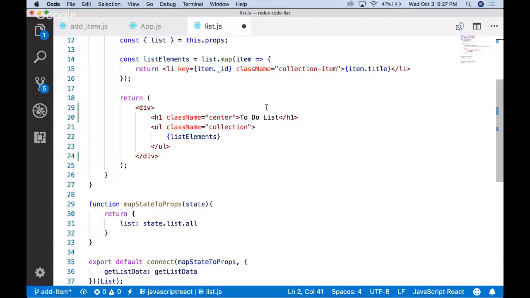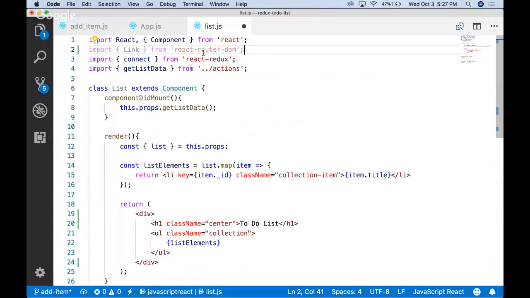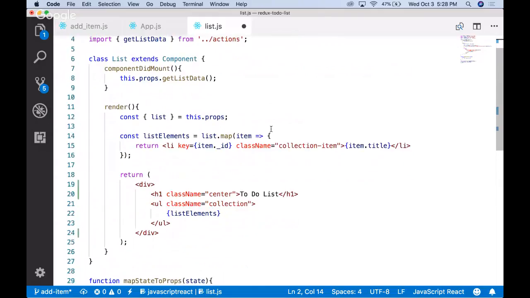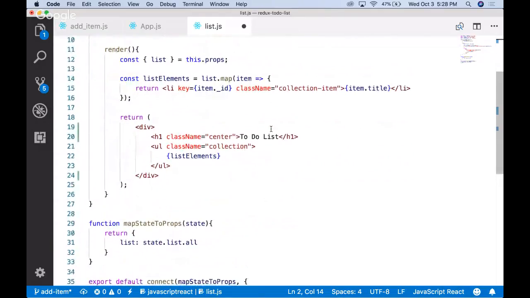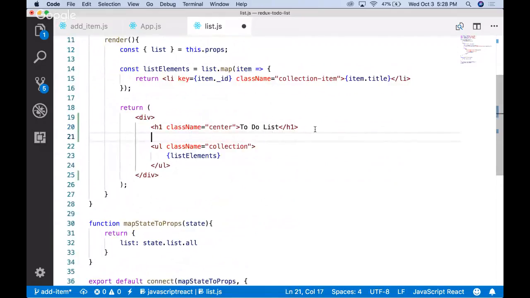You guys got it figured out? Cool. All right, so at the top, we import Link from React Router DOM. Make sure we use the curly brackets because it's a named export from React Router DOM. And then between our H1 and our UL, we'll do